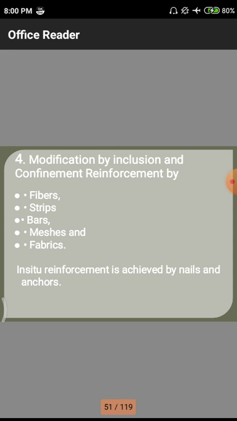Next we have strips. Strips means normally in beams and columns we use strip like materials such as lateral ties and stirrups to strengthen the reinforcement, to prevent buckling, crippling and shearing. In beams we have shear forces. To resist those shear forces we use stirrups, but in columns, to prevent the buckling forces, we use lateral ties.